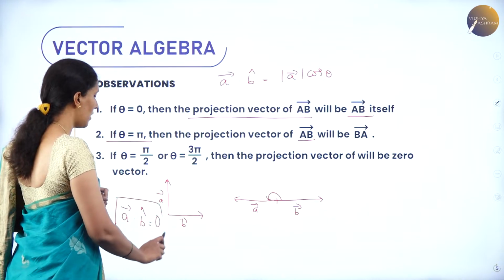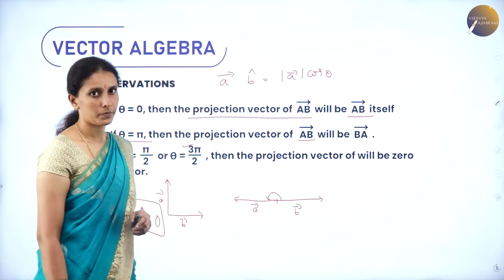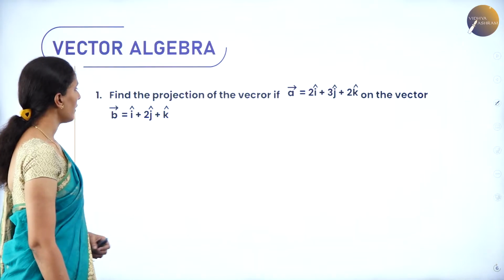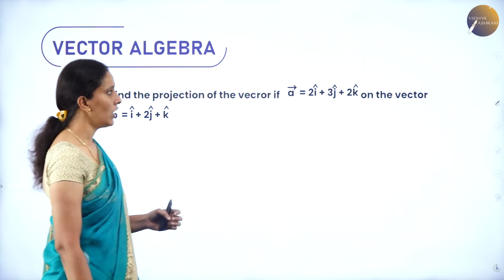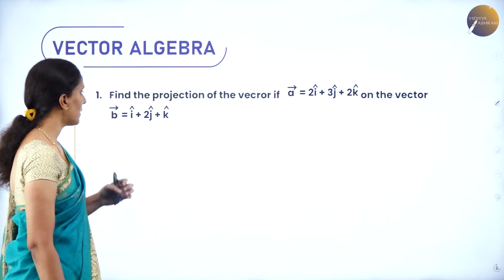When this is possible, whenever theta is equal to pi by 2 or 3 pi by 2. Next, find the projection of the vector A, 2i plus 3j plus 2k, on the vector i plus 2j plus